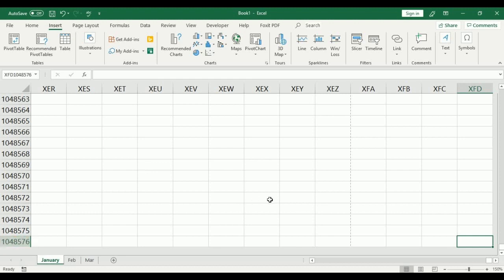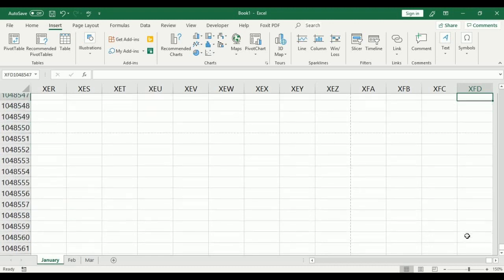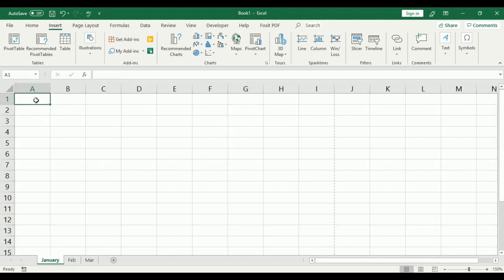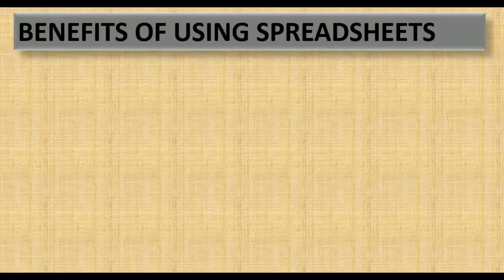Okay, so that's it. If you want to scroll up by pressing the arrow key like that, I tell you, you're going to sleep here without getting to the first page. So all you need to do is go to the name box, type in A1 and press the enter key to return to your first page or your home cell so you can start working. Alright, so some of the benefits of using spreadsheets are: